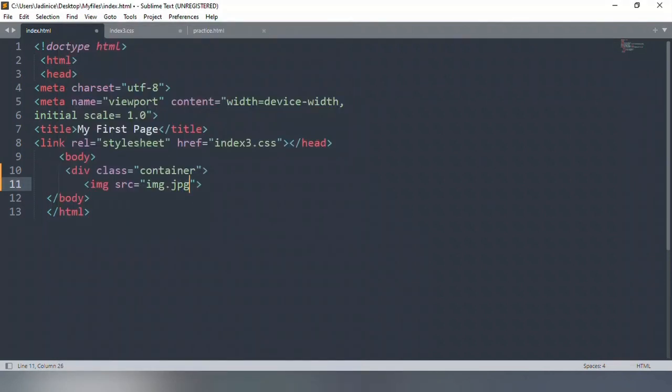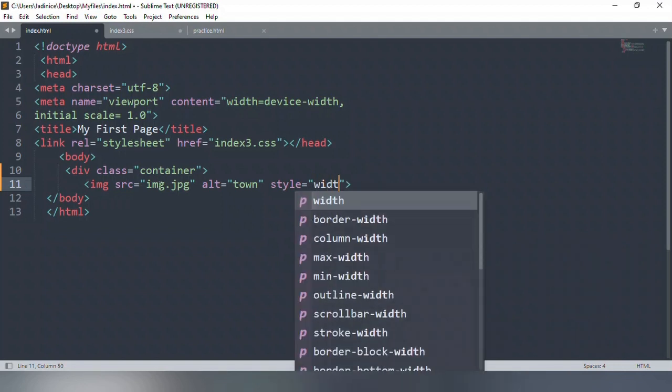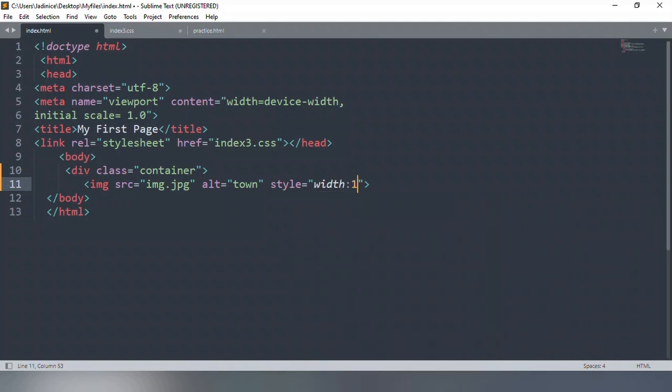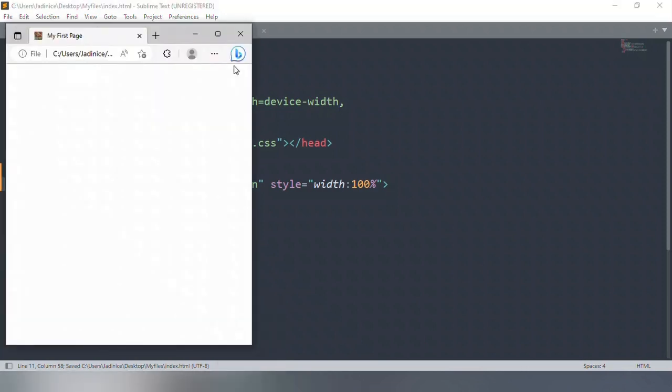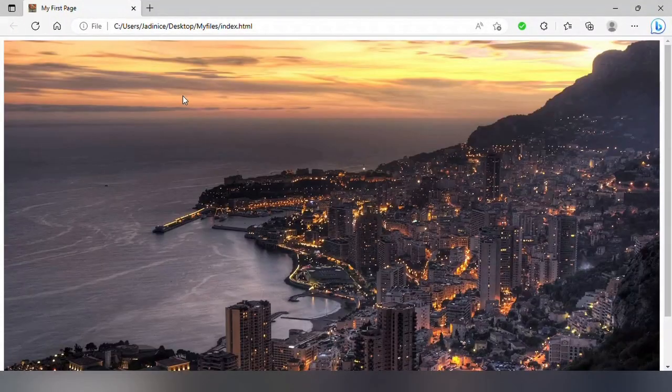Okay, so we've already added the source, and then we are going to add alternative text, and we're going to write "town". It's basically like a town. So we're going to add an inline style and set the width to be 100 pixels. Okay, so when we save and refresh, there it is, a full background image.